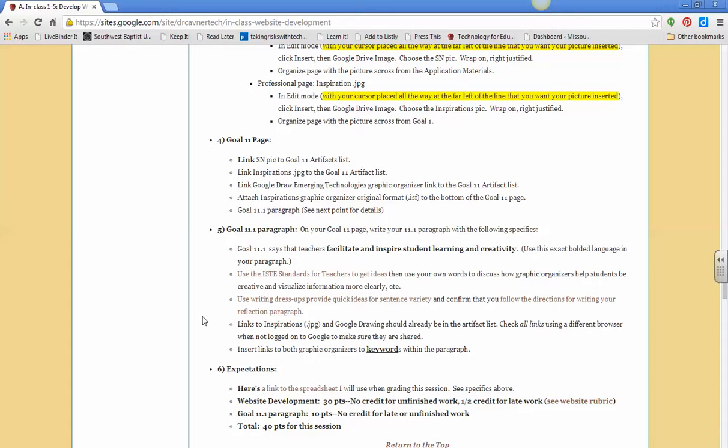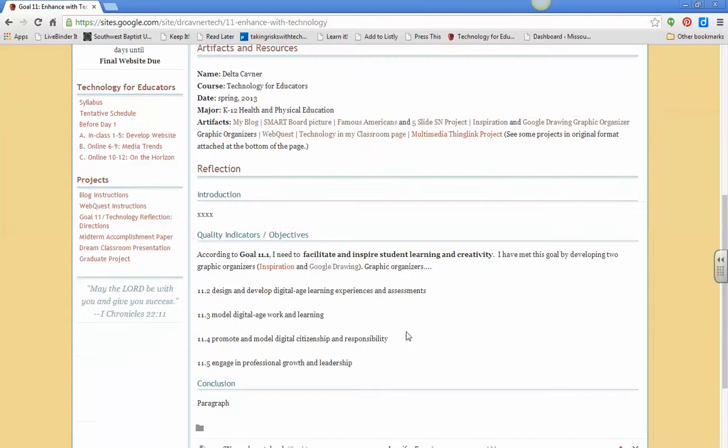Okay, so back over here. In this very first paragraph, you're going to talk about the graphic organizers and how these help students to be creative, help them visualize information, help them for the different learning styles. They might be a visual learner. So over here, you are going to write your very first paragraph. Now, each one of these paragraphs will begin a different way.